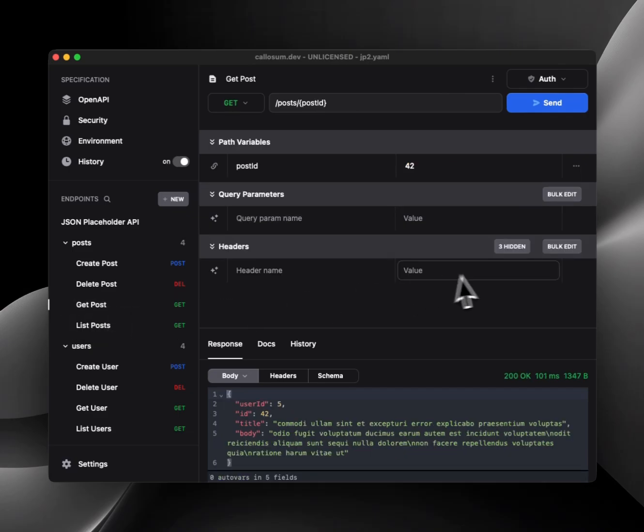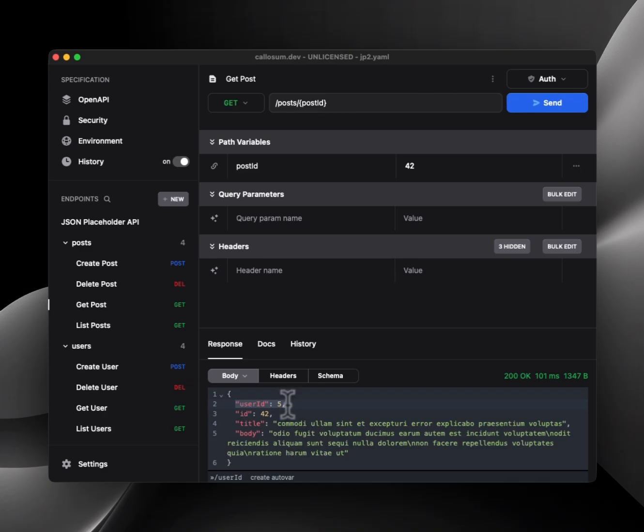The next thing we can look at would be automatic variables. This would be one of those situations where, I don't know about you, but often when I'm working with an external API, I might need to look up an identifier in one place and then use it in another place to get more information. We see a really good example of this with the get post endpoint with this user ID. I have no clue who user ID number 5 is in this situation, and I need to go look up